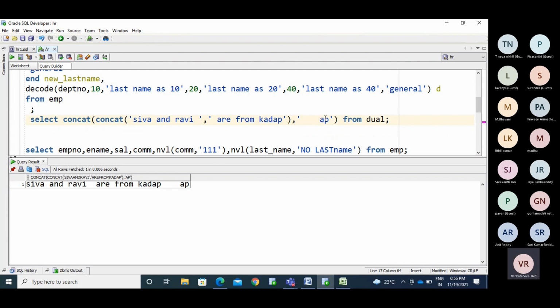If you want to do it like this, it is very difficult. Instead of that, I will simply go with the concatenate operator.